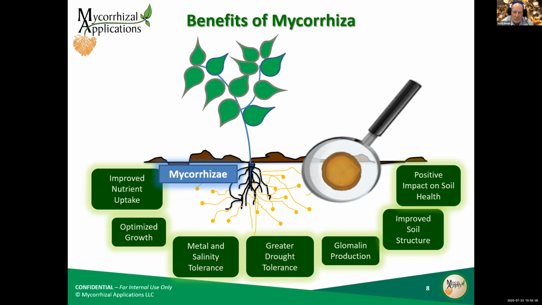The advantage that mycorrhizae has, and it's been documented, phosphorus, nitrogen, potassium, sulfur, a lot of the micronutrients. The unique thing is mycorrhizae can take up nutrients both in the available as well as the unavailable. And then once it does that, it transports it back through the hyphal network. So it does something like phosphorus that ties up really fast if it's not taken up once it becomes available, but it can transport it back to the plant. And again, it's very efficient for the plant because it doesn't have to expend much energy because it just has